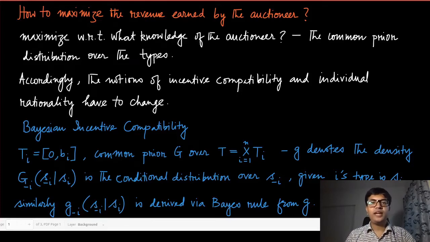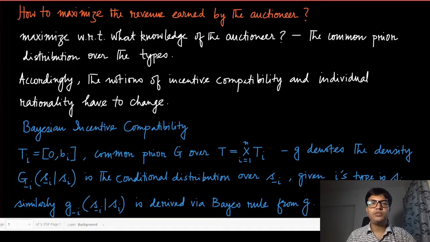Now we are going to address a very important question from the point of view of the auctioneer: how to maximize the revenue. So far we have only discussed truthfulness, but now we not only want to reveal the information truthfully, but we also want to maximize the payment that has been made by all these agents. Now, when we are talking about revenue optimality, and that is what we mean by optimal auctions, we have